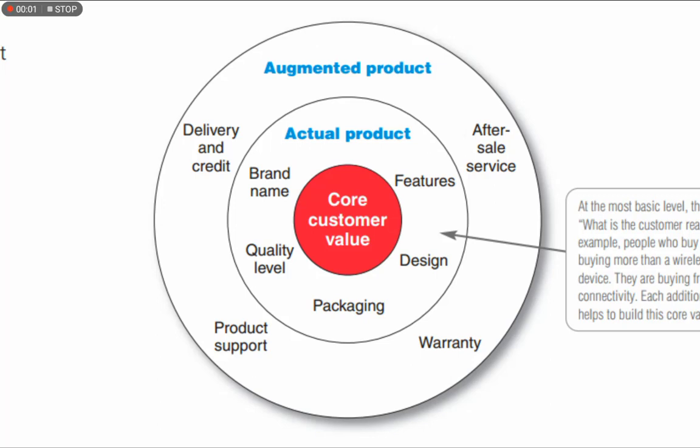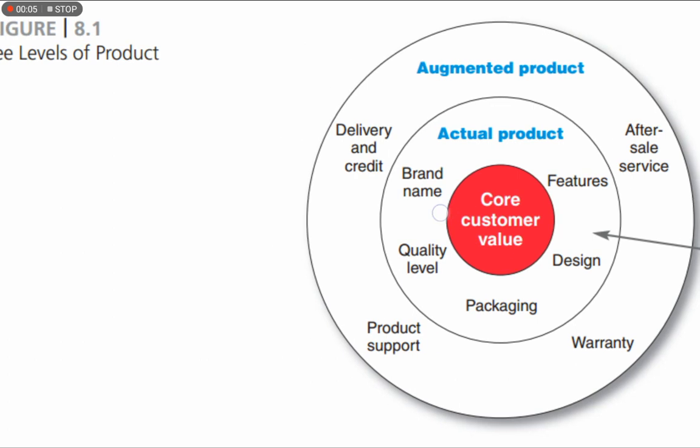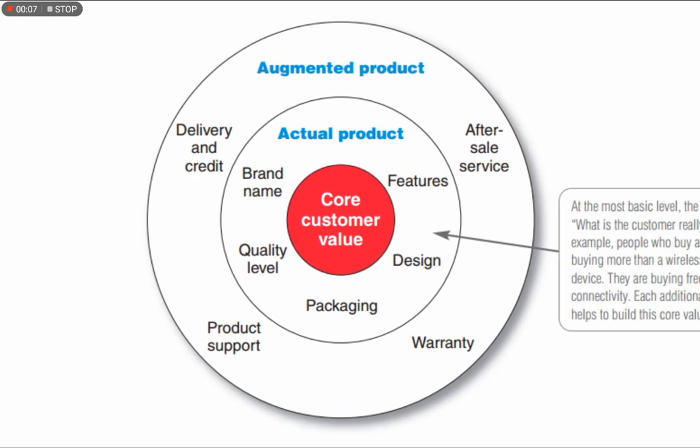In this video, we'll be talking about the three levels of product. Okay. Now, suppose that you go out in the market and you buy an air conditioner. You just went there and you did a lot of research and you bought a product. Okay. You bought an air conditioner for yourselves. But without actually perceiving it and without realizing it,